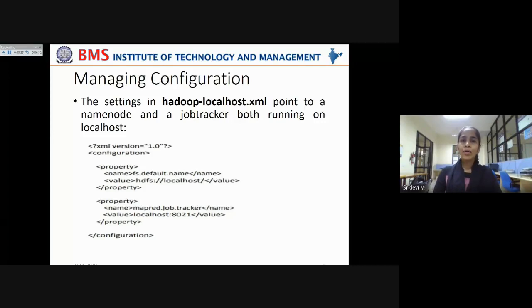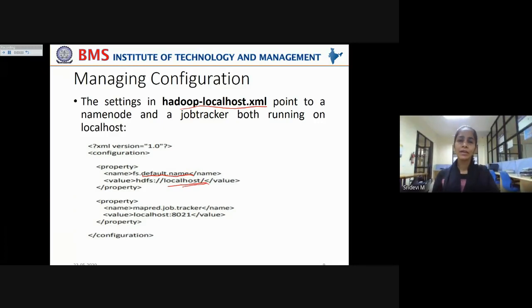Now, when you want to point to a name node and a job tracker both running on the localhost through this Hadoop-localhost.xml file, how are you going to set the properties? See the property here, fs.default.name. Here, this is set to localhost.